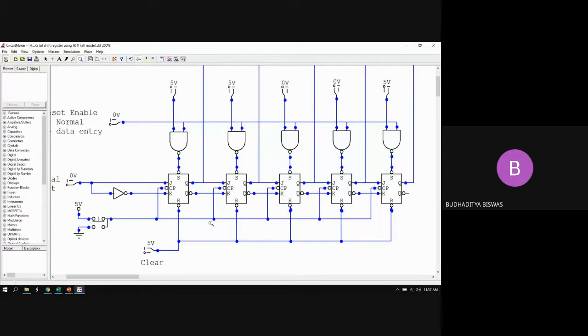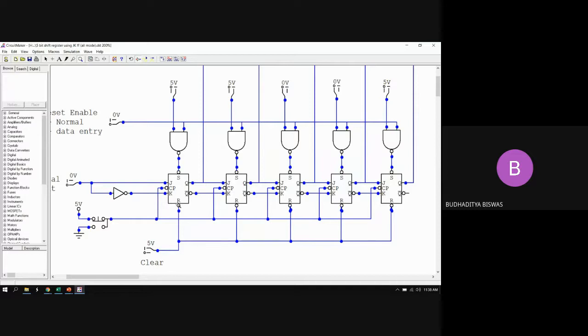Okay. Now come to this one. Just short circuit all the clears, which is written here as R, and give it 0, because in this particular example we don't need to clear the circuit, but if you want, you can connect it to a toggle switch. So provisions are there. If you want to clear, just give a 0 here. Then every flip-flop's stored data will be cleared. And in normal operation, the clear should be connected to 1.